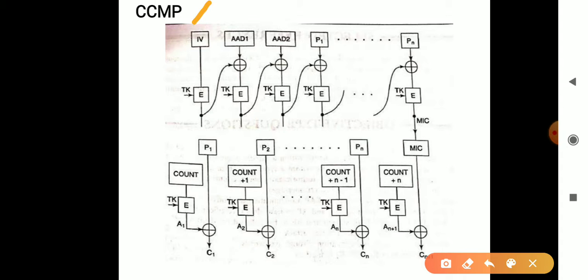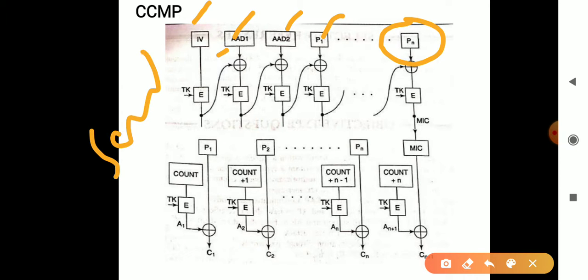We have the additional authentication data, where an XOR operation is performed, which is fed to the next input, and we have these PN frames. The PN is nothing but a packet number, which keeps track of the frames sent from the sender to the receiver, so that no duplicate frames are received.